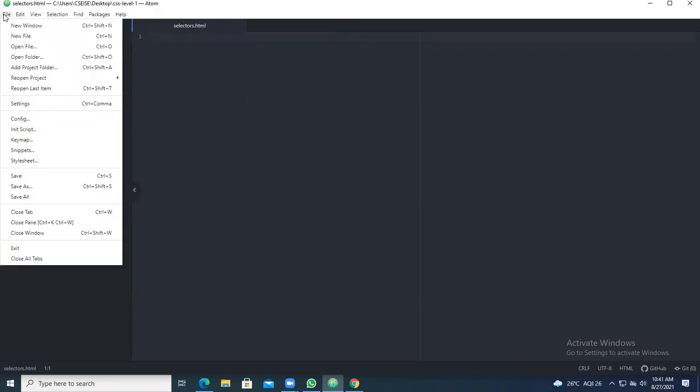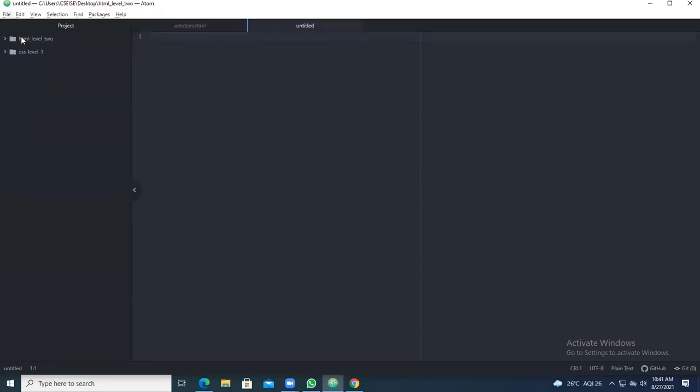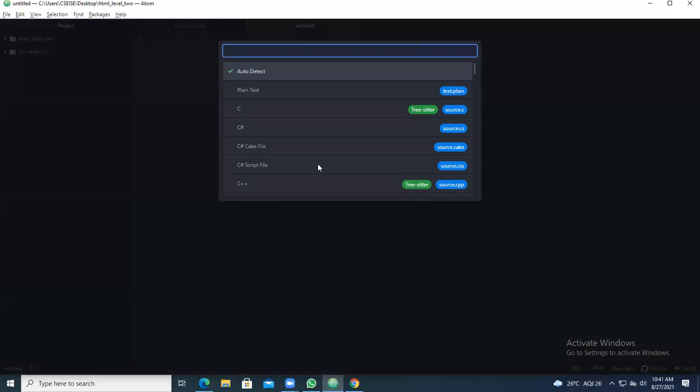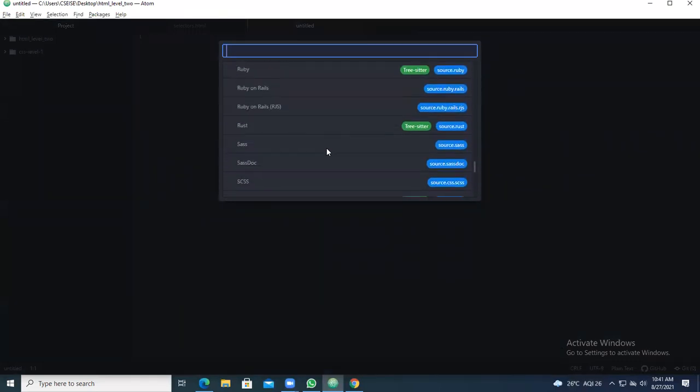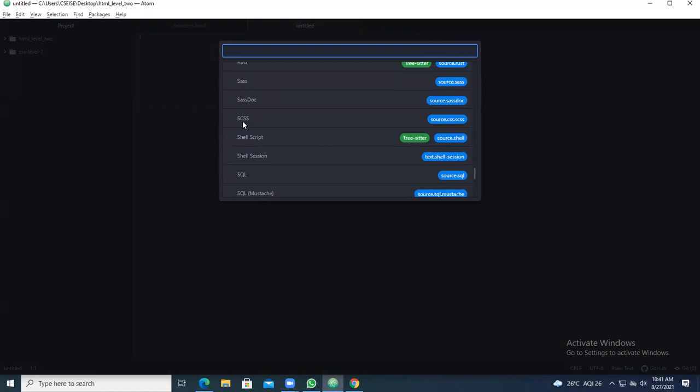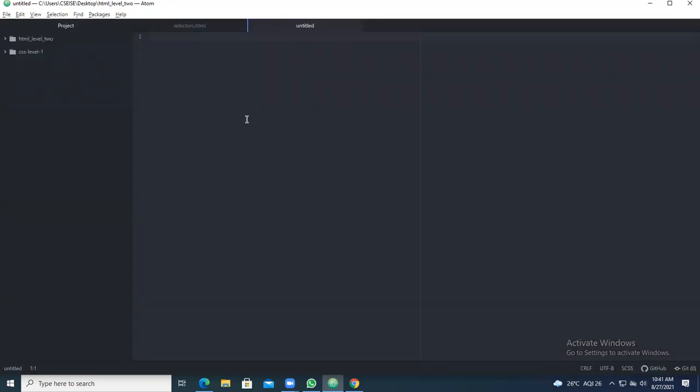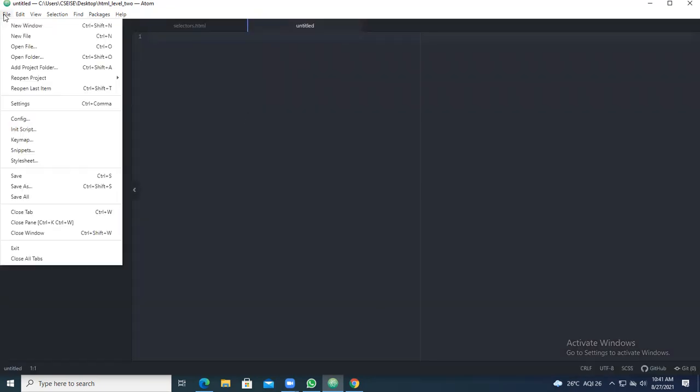Now take a new file, and that is for CSS. Go for file and take new file. Again, you are getting this one as plain text. Click on that and choose CSS, the last one, cascading style sheet. Now save the contents.